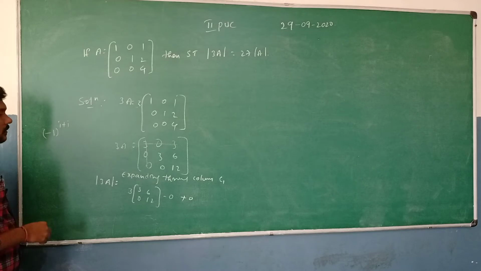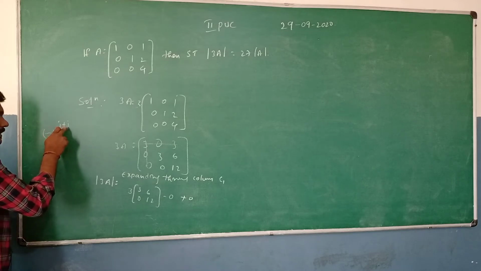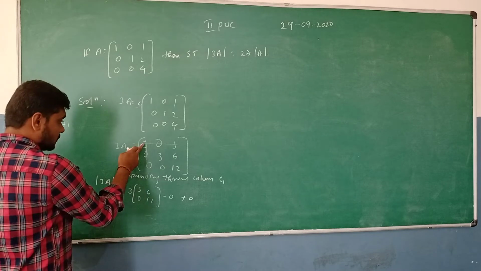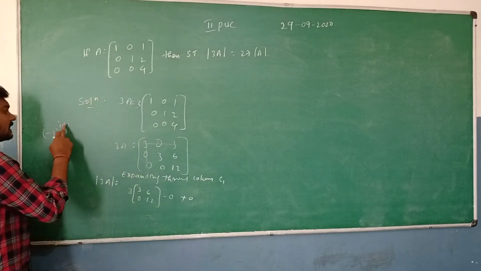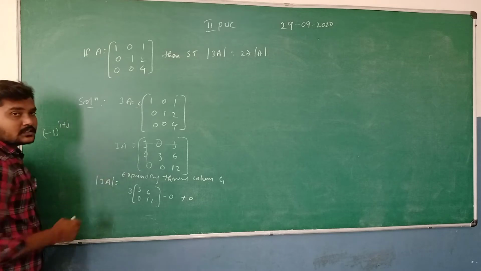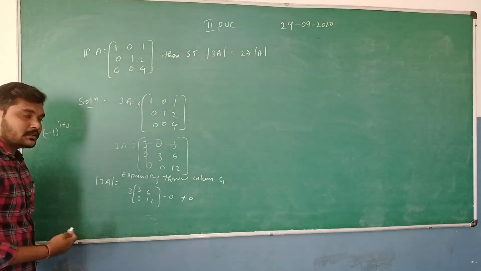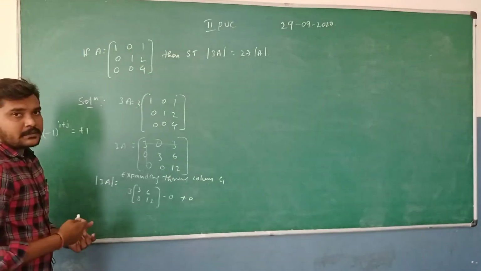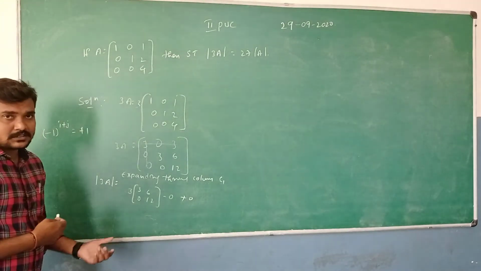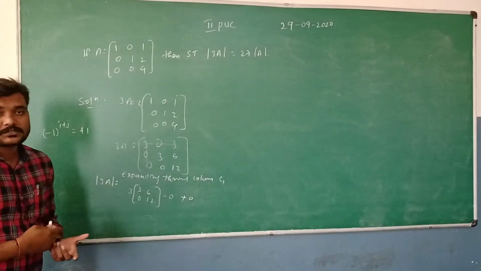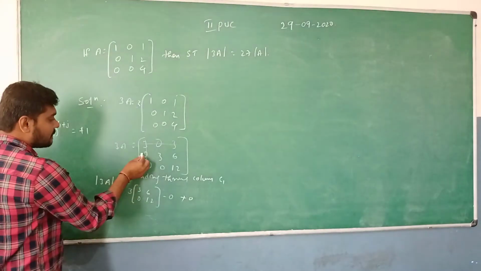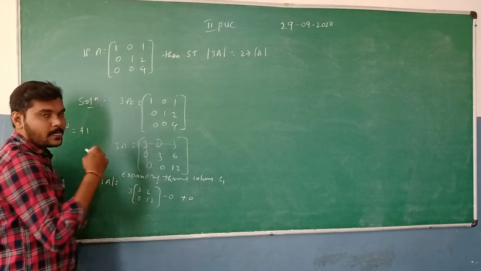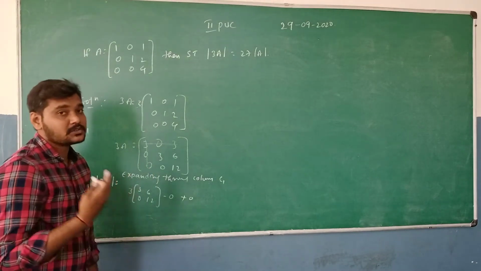We need to look at i plus j, the addition of the corresponding row and column. Suppose here there is 1, which is the first row first column, then i is equal to 1 as well as j is equal to 1. So 1 plus 1 is going to be 2, and minus 1 to the power of any even number is going to be plus 1. When i plus j is an odd number, then minus 1 to the power of that odd number is going to be minus 1. So here we get minus, and here again we get positive. 3 plus 1 is going to be 4, so minus 1 to the power of 4 is going to be plus 1.